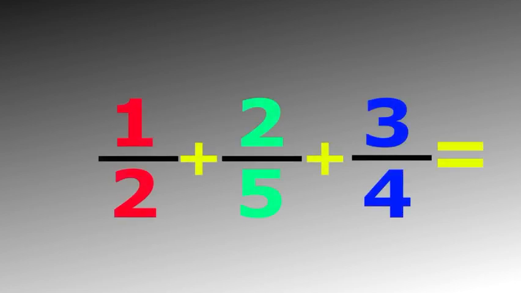Okay, I'm leaving you a bonus question just because you've been nice enough to stay to the end of the video. Here it is. 1/2 plus 2/5 plus 3/4. What does that equal? Well, now you have 3 fractions, all with different denominators. Can you solve this sum? Well, you should know how to find the lowest common multiple of 3 numbers and how to use that number, which we use as the lowest common denominator, to find equivalent fractions for these, which will all have the same denominator, making the sum easier to solve.